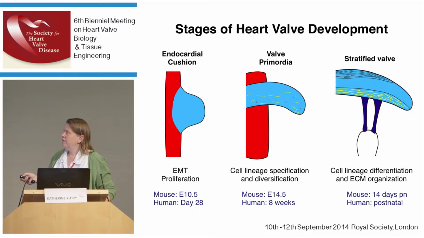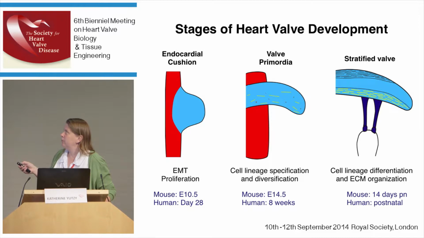So the valve progenitor cells arise from an endothelial mesenchymal transition. Cells from the endocardium delaminate, migrate into the endocardial cushions where they proliferate, and later on go on to generate the valves. As the cushions elongate, they begin to synthesize extracellular matrix, proteoglycans, elastin, collagens, and then these matrix